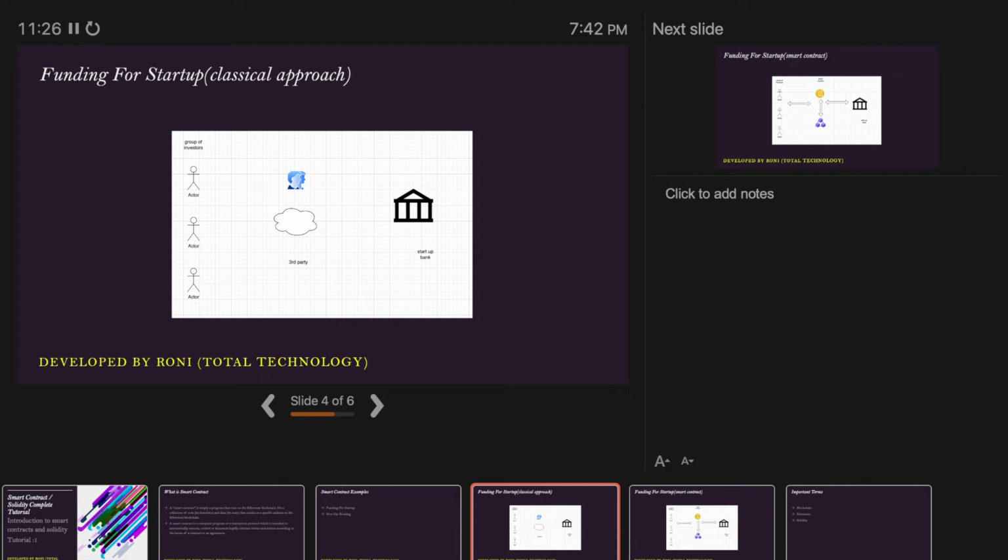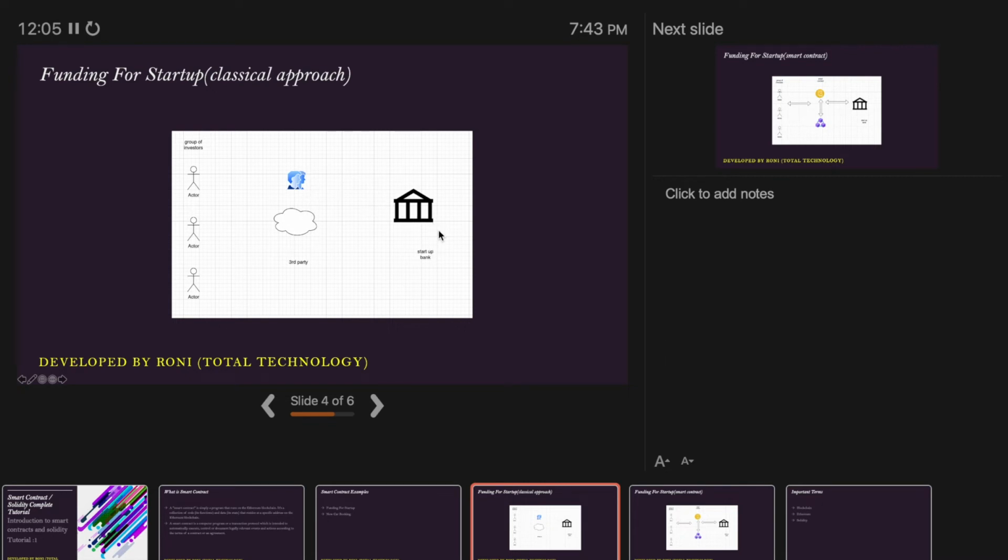You have to pay $100, and we will run your campaign for the next 1 year. If some investors are okay with your idea and ready to invest, we'll gather all this fund and send you the accumulated fund. So investors 1, 2, 3 all come to this platform. This is XYZ, any platform, called a third party. They see your idea, they are okay with it, and they start sending the funds. Now this third party's job is to redirect this fund from this platform to your startup bank account.